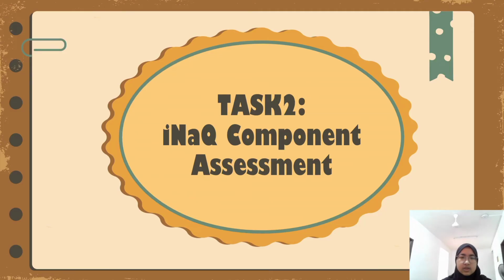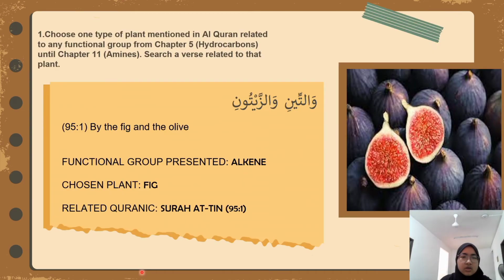We continue with task 2, elective component assessment. For question 1, choose one type mentioned in the item that relates to any functional group from chapter 5 and chapter 11. Choose a verse related to the plant. Okay, so we choose fig. From Surah 95, By the fig and the olive,